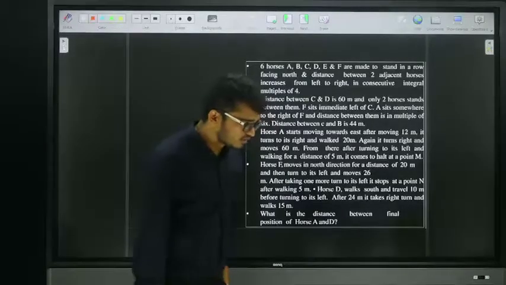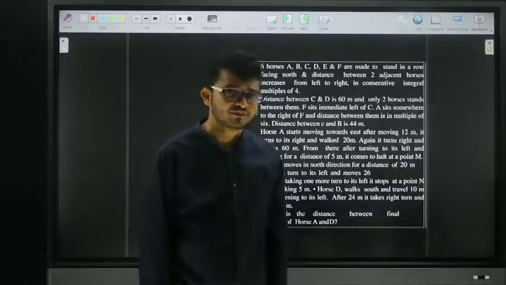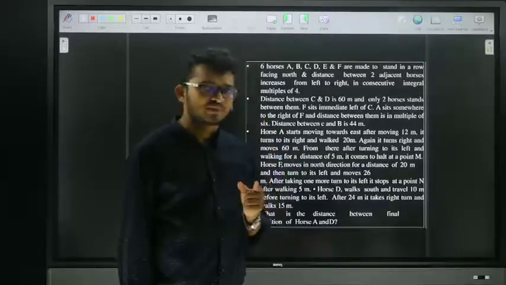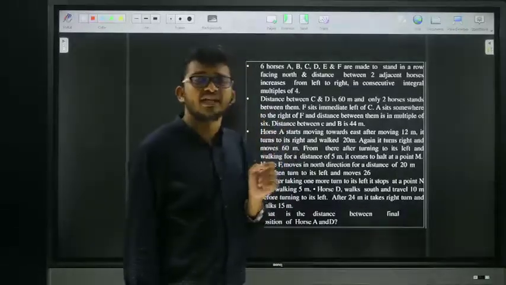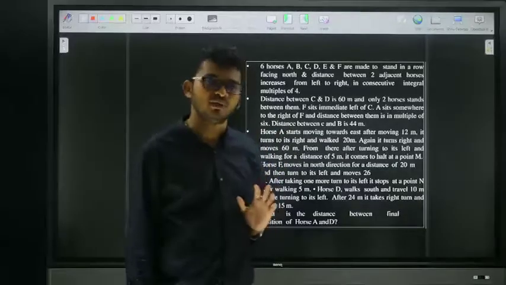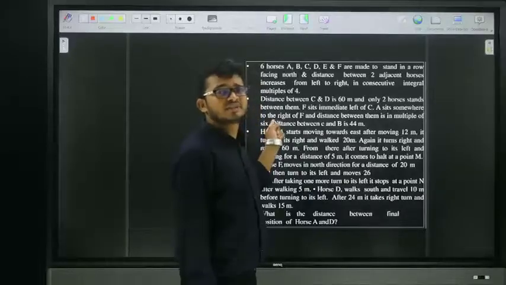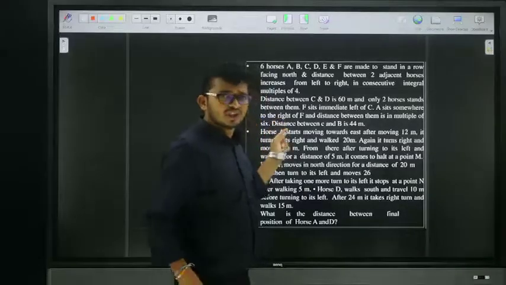Yes, Vasudev, what is this question number? If you want to check, friends, last year's SBI PO memory based paper has exactly this. I don't remember the question number, but check your memory based paper. Friends, they gave this question in last year's SBI clerical, and they repeated the same question.